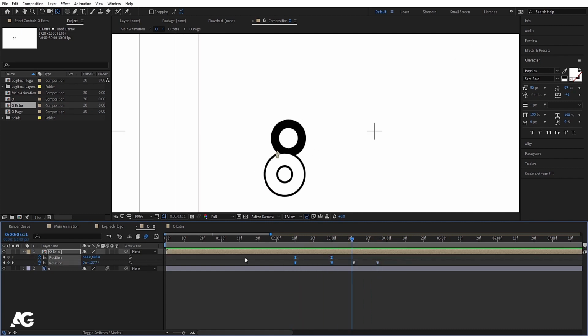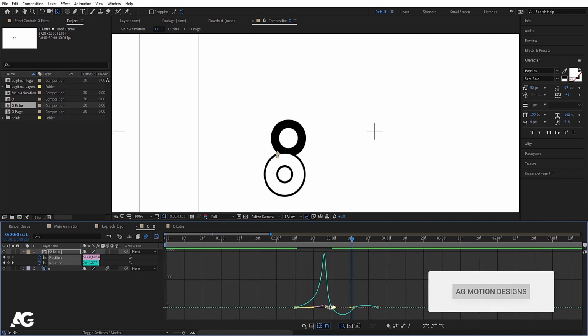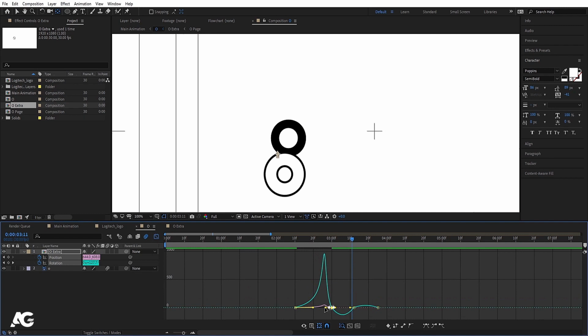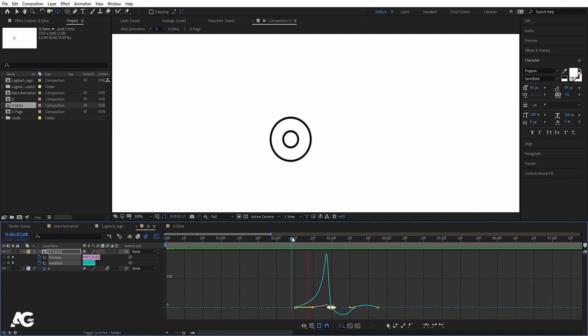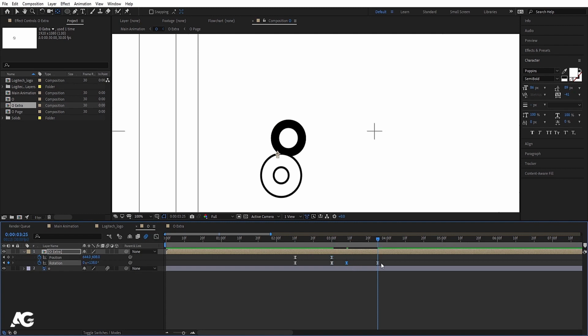Now select this keyframe, go to the graph editor, select this graph, holding shift, move this handle over here, select this and move this handle over here like this. Okay, select this keyframe, move this over here, select this keyframe and move this one over here. Okay, now after this